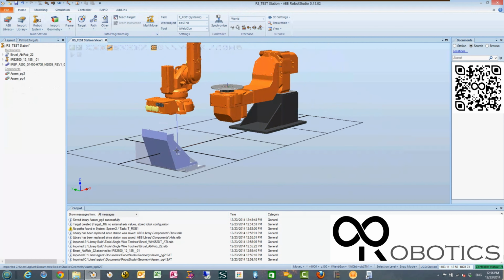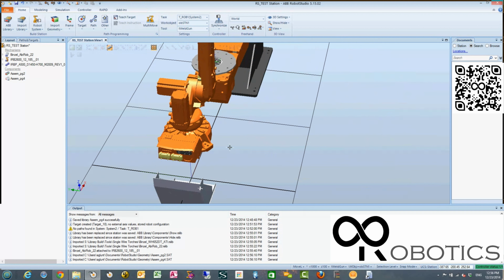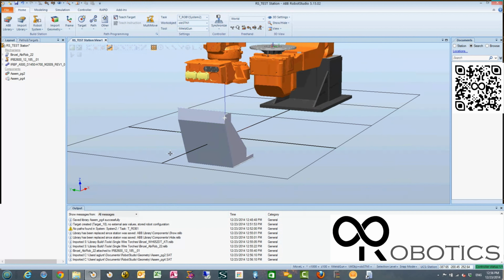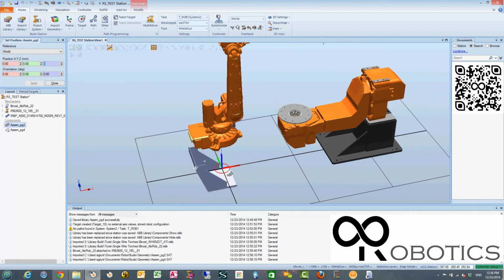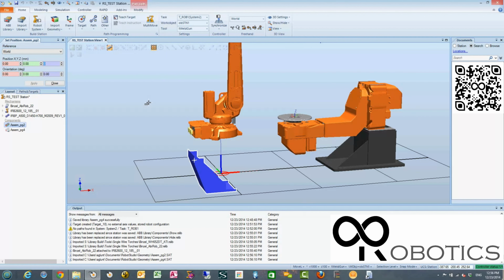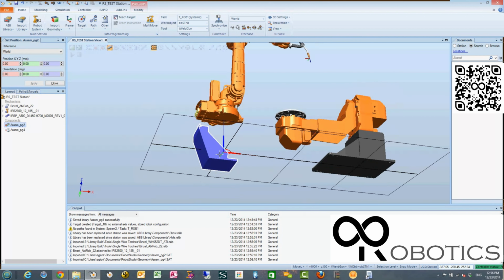So I'll just select one at a time. I want to get this part onto that position. There are a bunch of different ways to do this. Here's one of the ways I like. You can click here and go set position and then move things around. I usually like getting things oriented for the most part about where they should be, and then moving them close to where they need to be